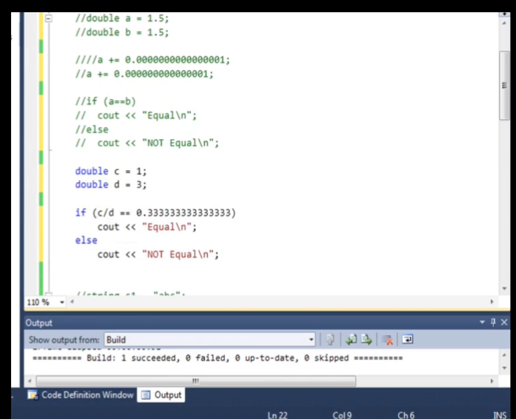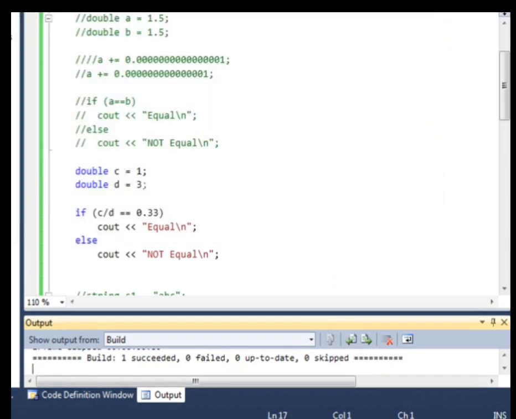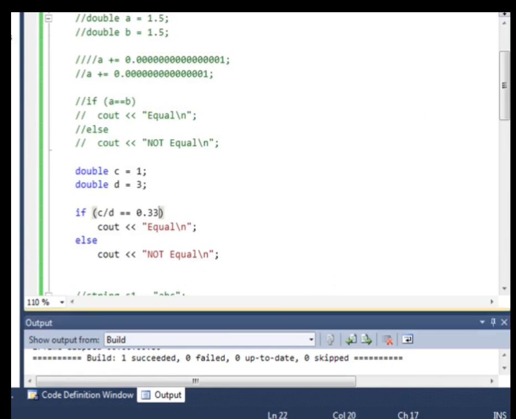So if c divided by d is equal to, I'm checking whether it is equal to 0.33. So one should assume that 1 by 3 is equal to 0.33. Let us see what the output is in this case. The output comes out to be not equal. Although one might assume that 1 by 3 is equal to 0.33, the output is showing to be not equal. If I increase the number of 3's,